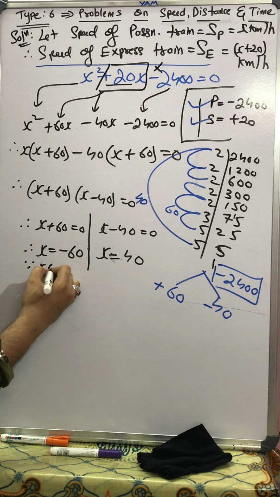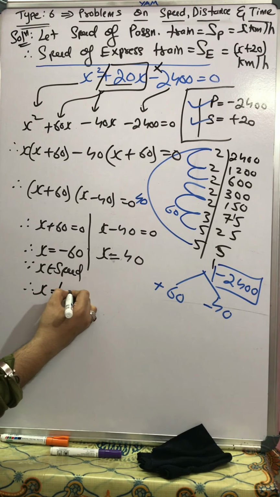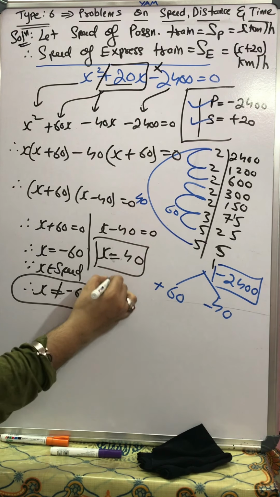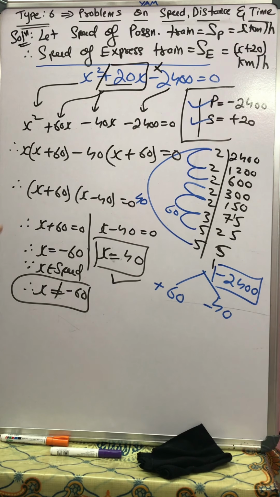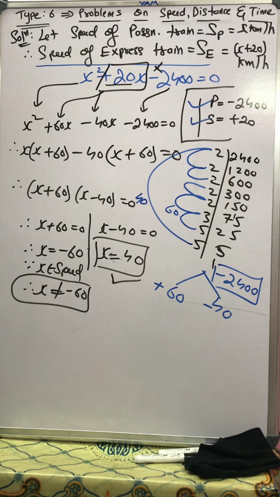because x belongs to speed. Therefore x cannot be equal to minus 60. Okay, so this will be our answer. x is equal to 40. And the question was, we need to find the speeds of both the trains, passenger as well as the express train. So therefore